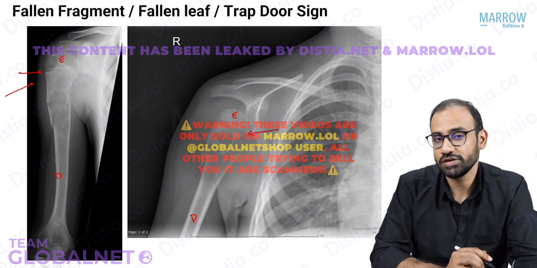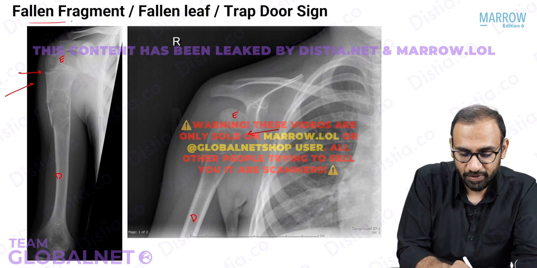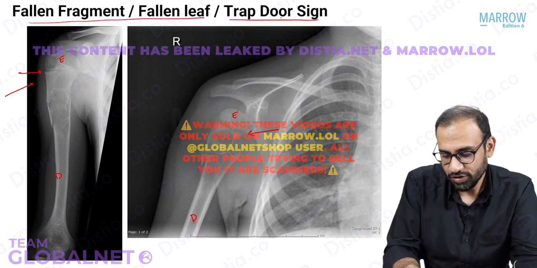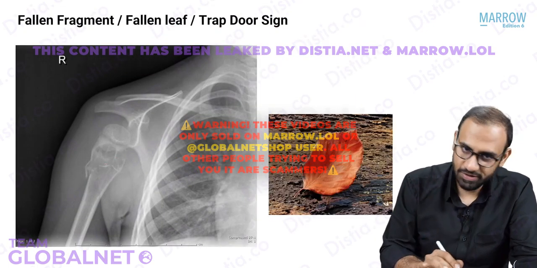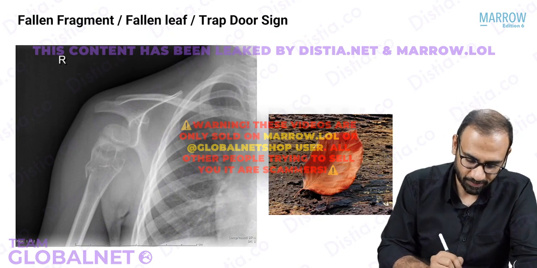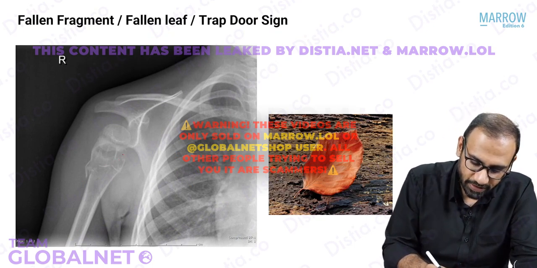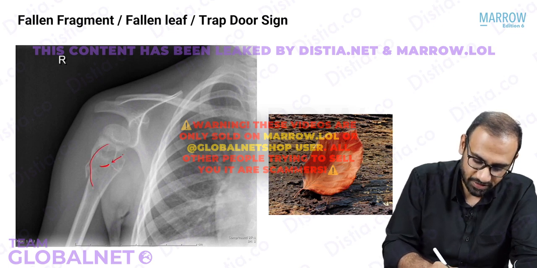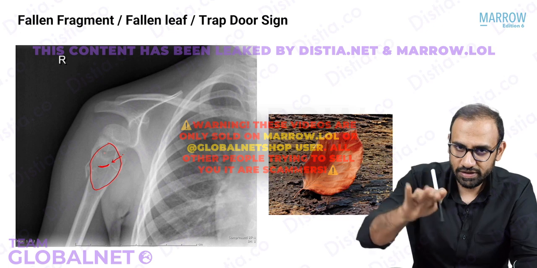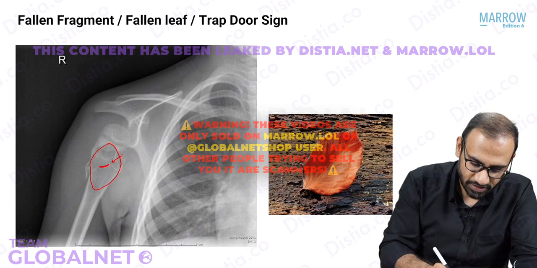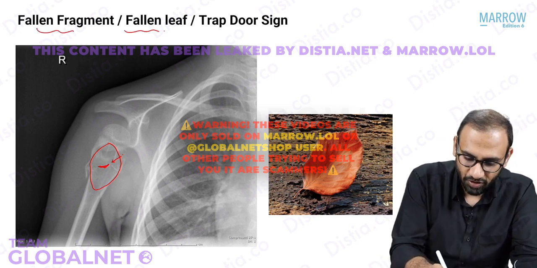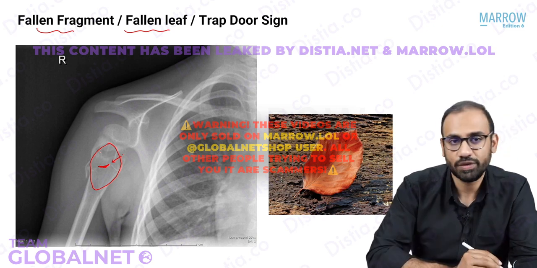Now there are two radiological signs that are asked on your exam. Fallen fragment or fallen leaf sign. Another is a trapdoor sign. Let's try to appreciate them. What are these? Look at this lesion over here. This is the same simple bone cyst X-ray that I just showed you. Here what is happening is that a part of the cortex is breaking. So this is the piece of the cortex that has broken away. And because it is a single solitary centric cyst, this part of the broken cortex will slowly sink down to the base of the cavity because of gravity. So this is known as a fallen fragment or fallen leaf sign seen in simple bone cyst.